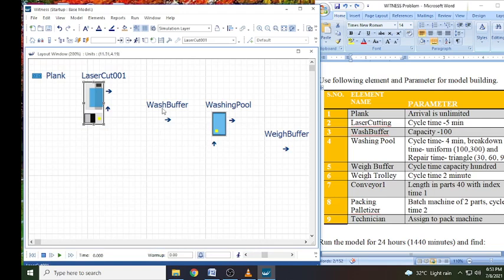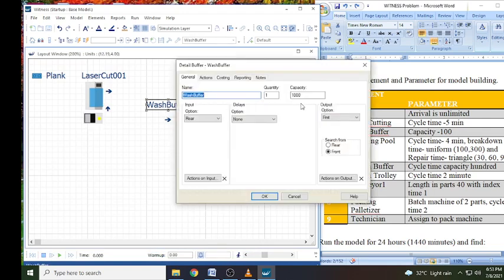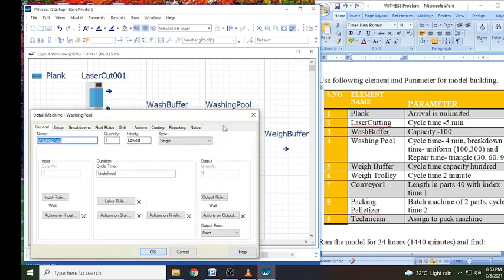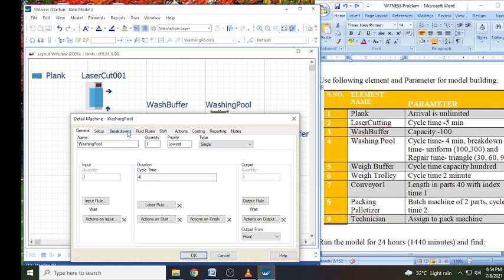Then in wash buffer, double click, capacity is 100, and we can click OK. Now washing pool. For the washing pool, we have a few data which we need to enter. Start with the cycle time of 4 minutes.